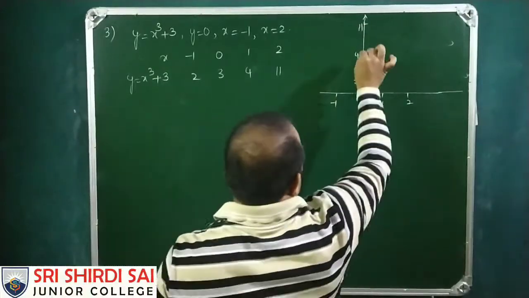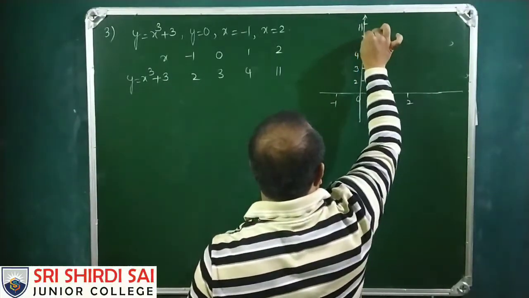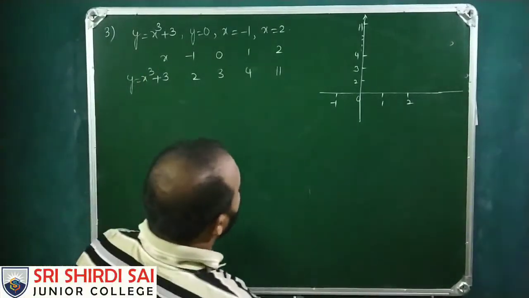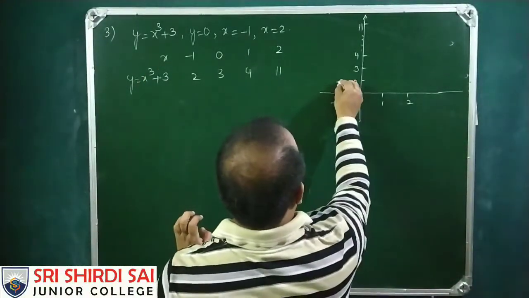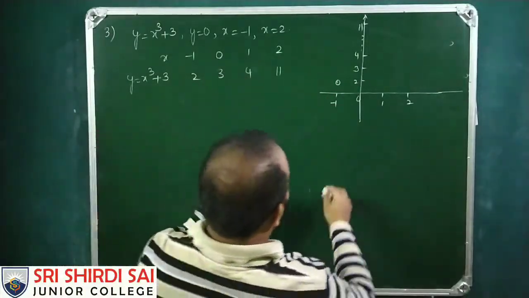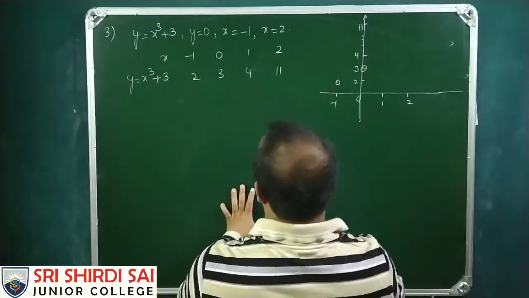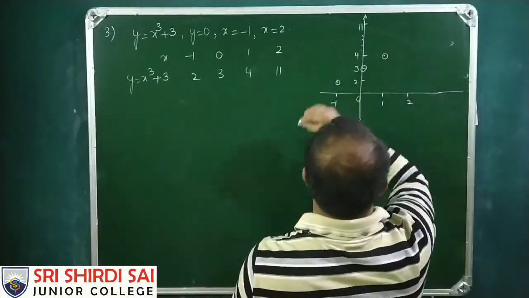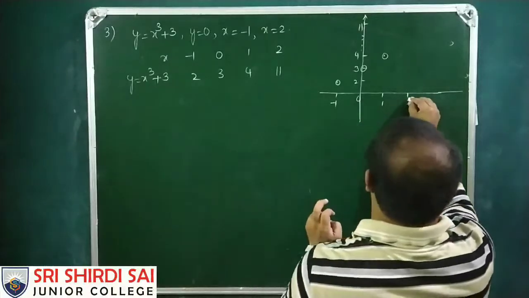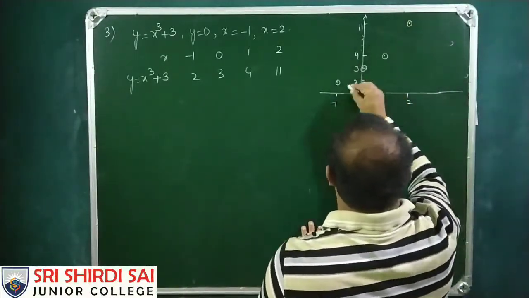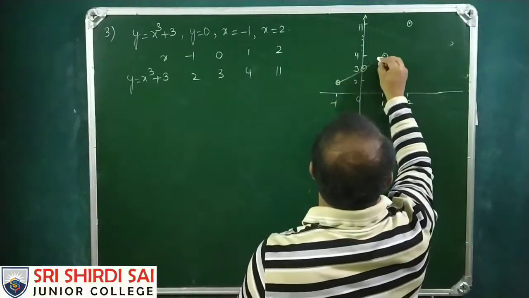So minus 1 comma 2 will be here, 0 comma 3 is this, 1 comma 4 is this, and 2 comma 11 is somewhere here. So if you join them,